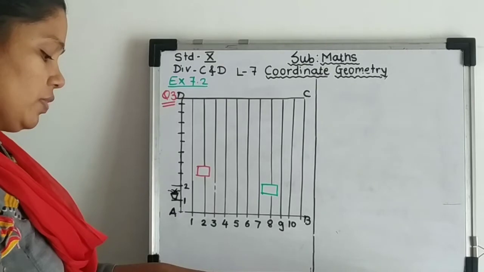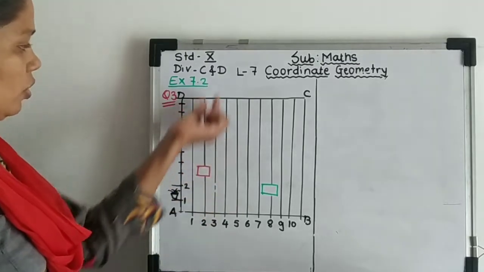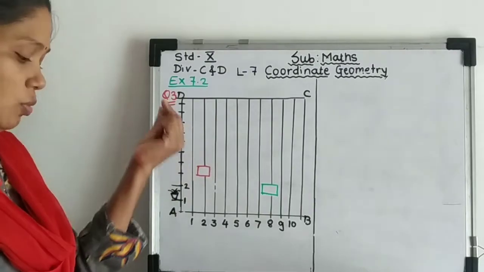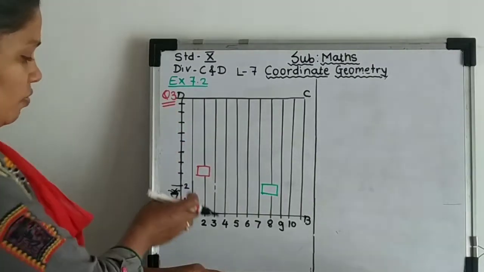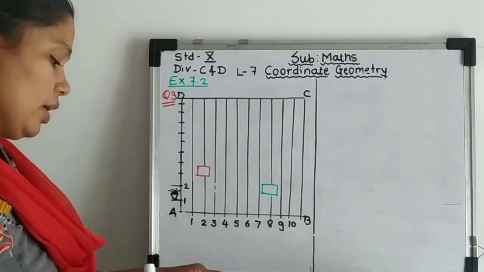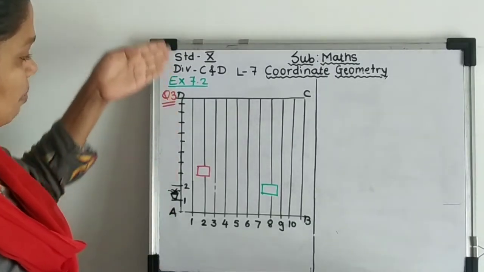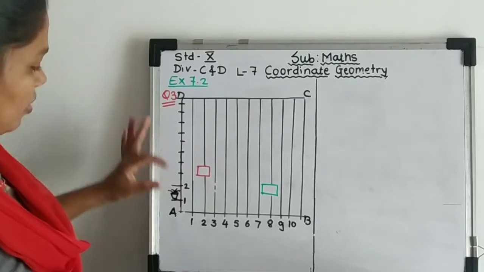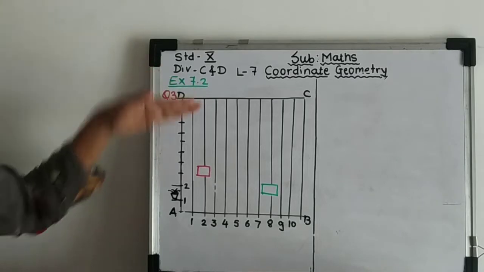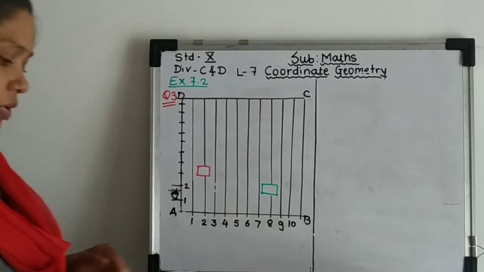Lines have been drawn with chalk powder at a distance of 1 meter each, whatever these lines are, drawn vertically and horizontally. Then 100 flower pots have been placed at a distance of 1 meter each. We have shown here only 10, but there are 100 flower pots. So 100 meter distance has been covered.